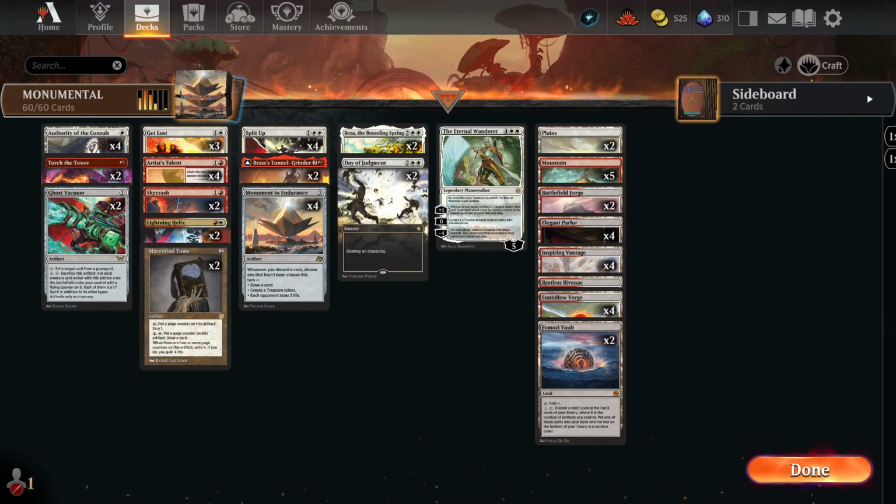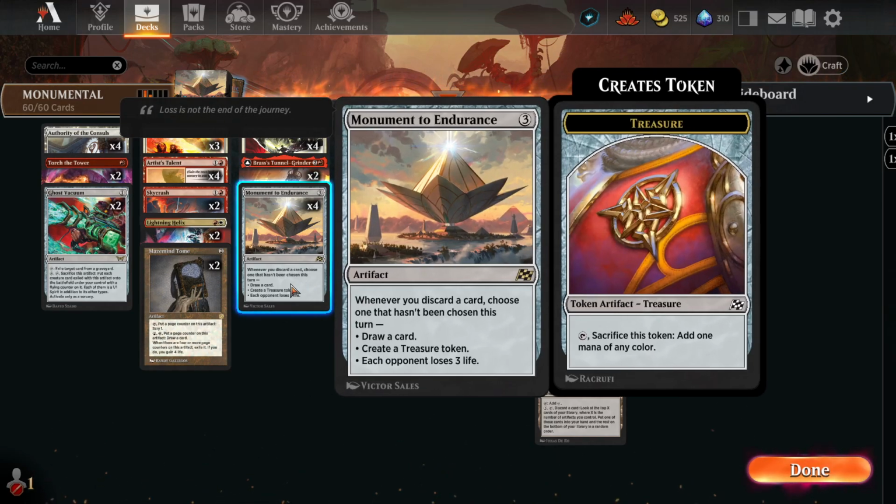Today we are playing Aether Drift. We're playing Monument to Endurance. This was the #1 rare from the set in my set review. Not necessarily because I think it's guaranteed to be the best card out of the rares, but I was definitely most excited to build around this card, and I'm going to try and break this card right in half,